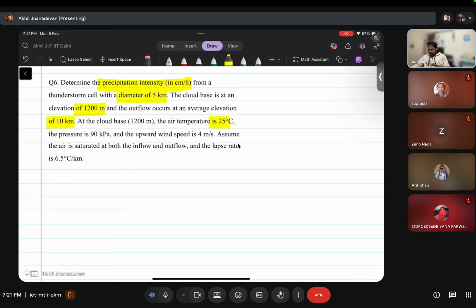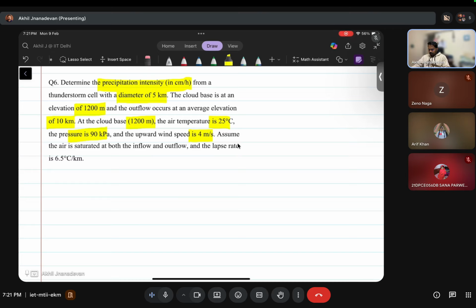So at the base, that is 1200 meters, the pressure is given, wind speed is given, and the air is saturated at both inflow and outflow. It is saturated air, so that condition is satisfied. And finally, the lapse rate is also given. Okay,